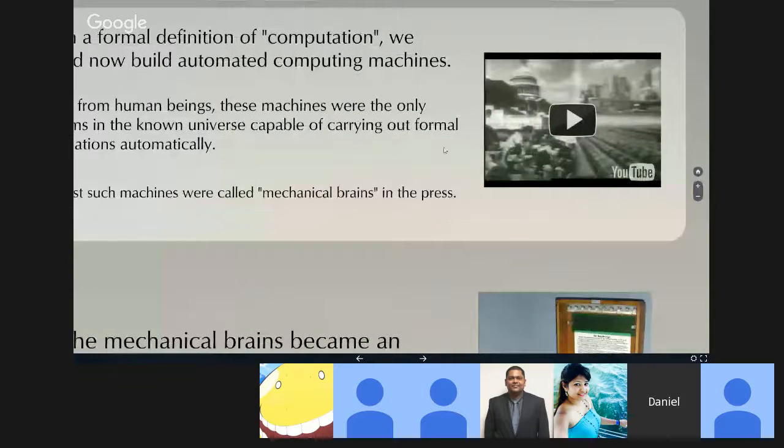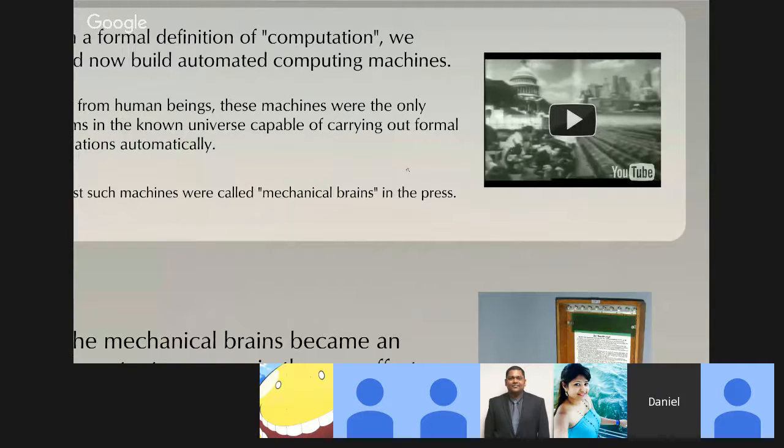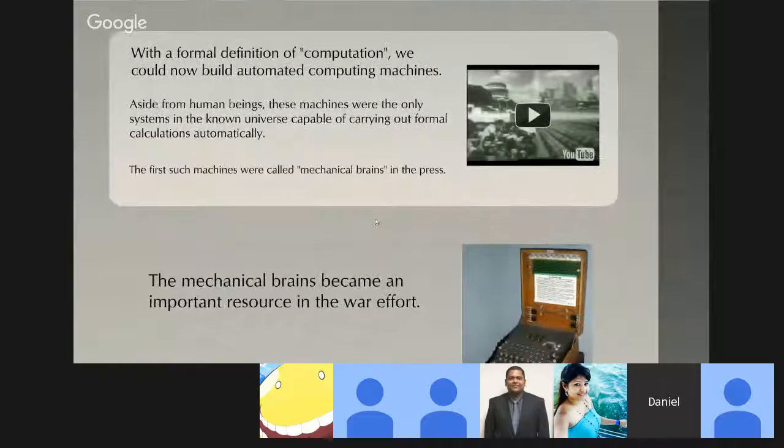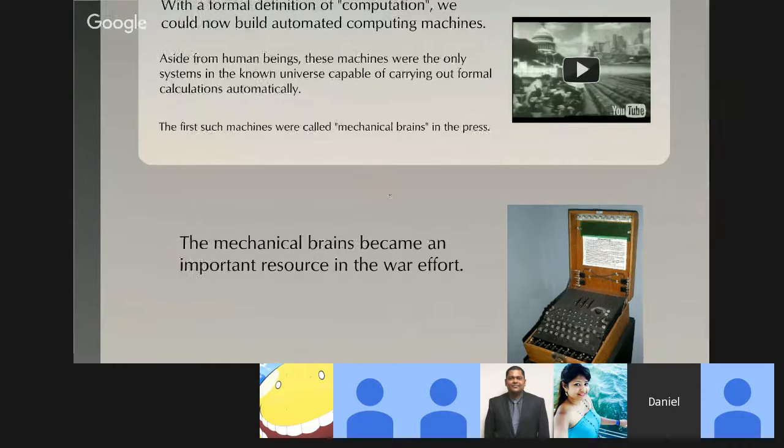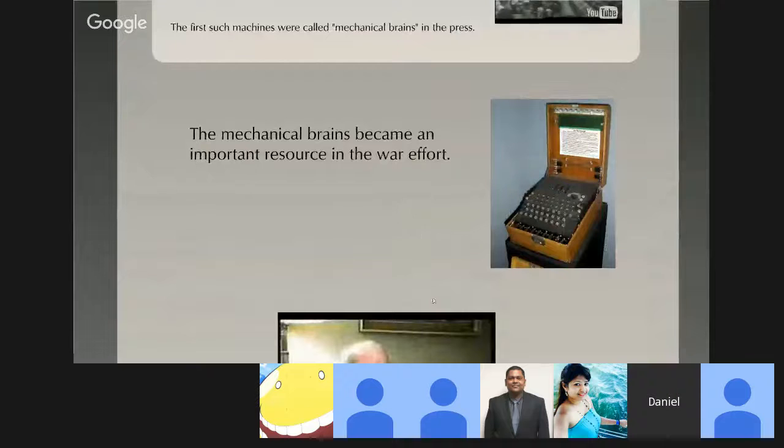Prior to UNIVAC and these first big machines, people didn't really have any knowledge of computers, even though they existed. They existed mostly in war contexts, and so they were secret, and the public didn't really know a whole lot about them. It wasn't until the 50s that people actually started seeing these as big industrial machines, and then not until the late 70s and 80s that the general public started working with these machines on a regular basis.